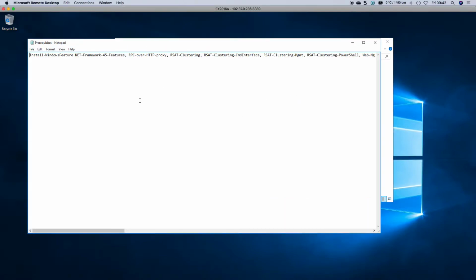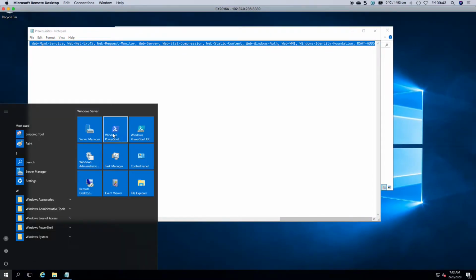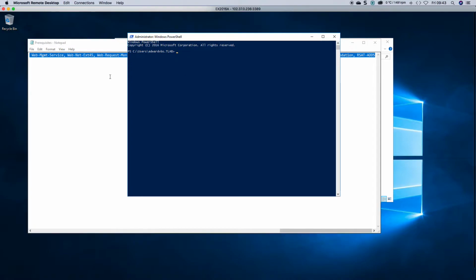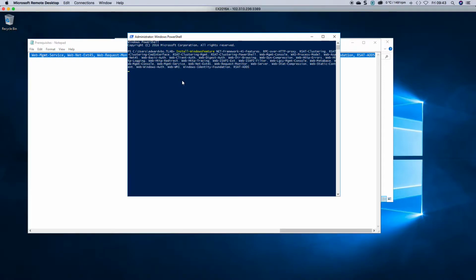So in the prerequisites, because we are installing the mailbox role only, we need to first install the PowerShell requirements that are needed for IIS, etc. You can download this off Microsoft's website or any of my blogs, and literally paste it into PowerShell. It'll go and install all the roles and features that you need. Then it should ask us to either reboot, or say no reboot at the end. I normally find that once you've installed this, it's best to do a reboot, and then after this we do the